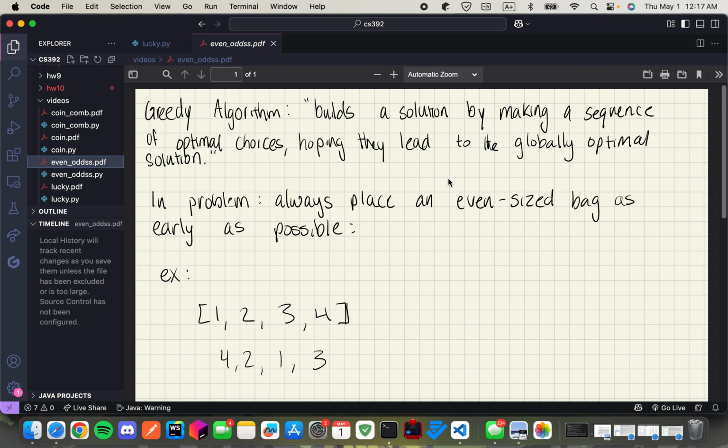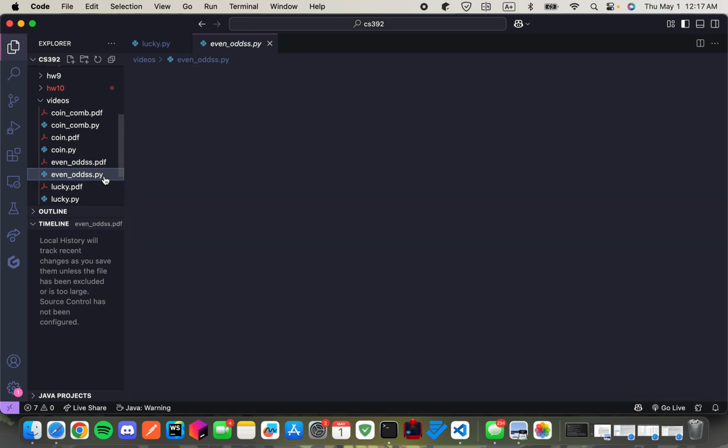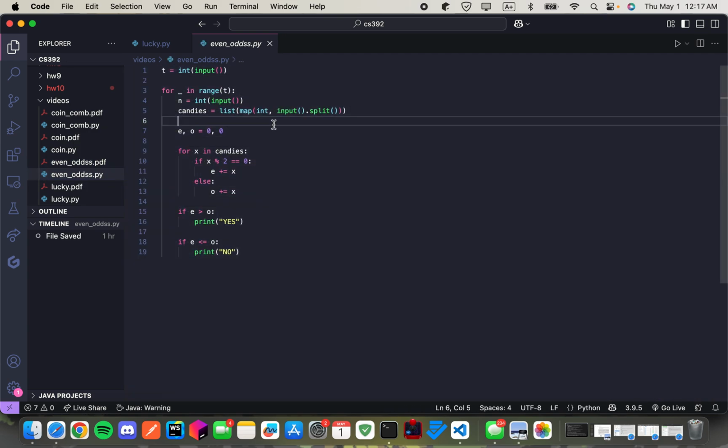But the root of the problem is that we just have to ensure that Mihai has a greater number of candies compared to Bianca. So for this code, we get the input, which is the test cases, like we said earlier, and we get the n and the candies array.